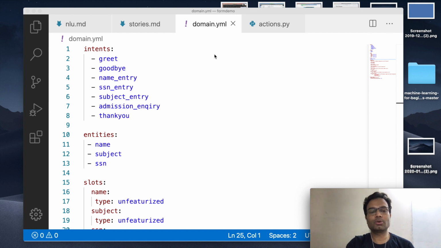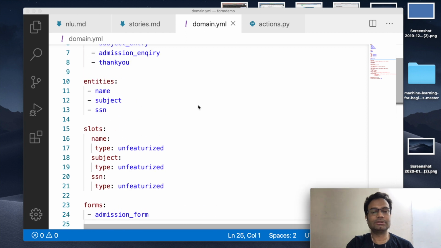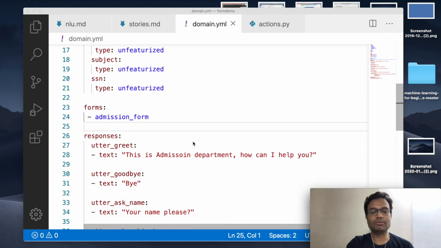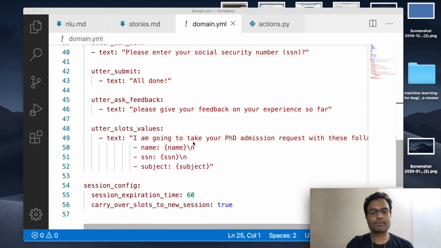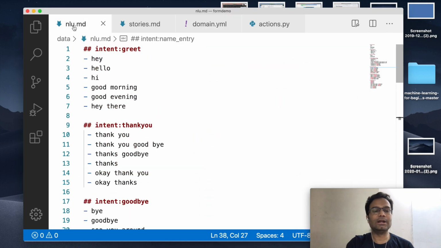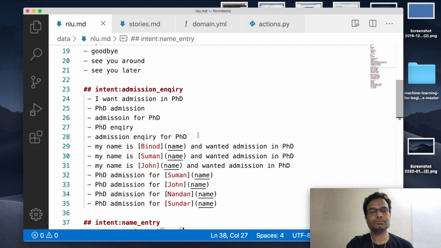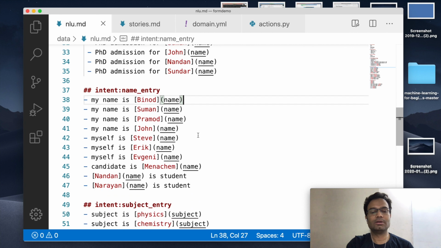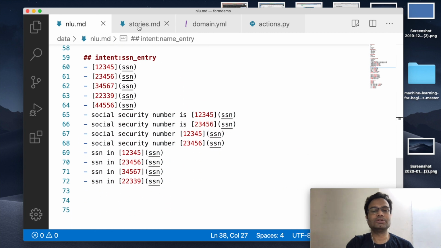So this is the domain.yml. You can see I'm showing the three entities, three slots, one form, and all the responses, right? And then these are all the intents. Let me show the stories.